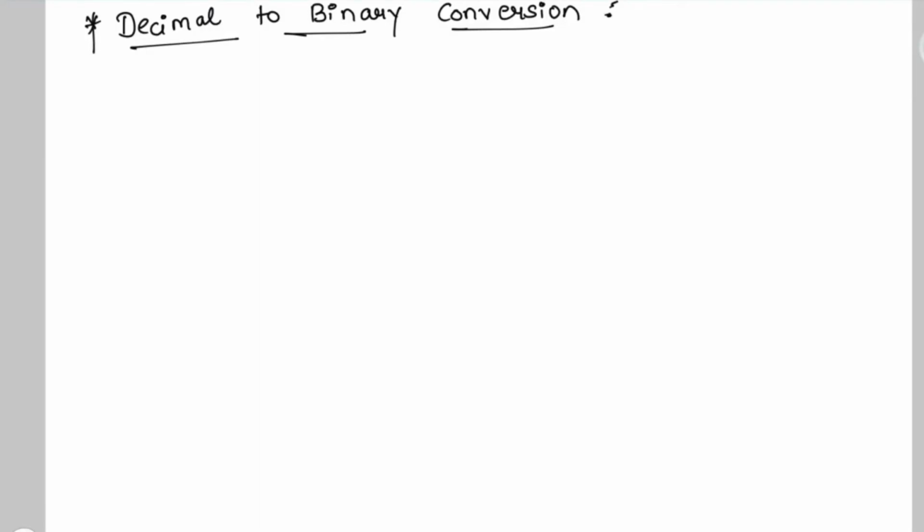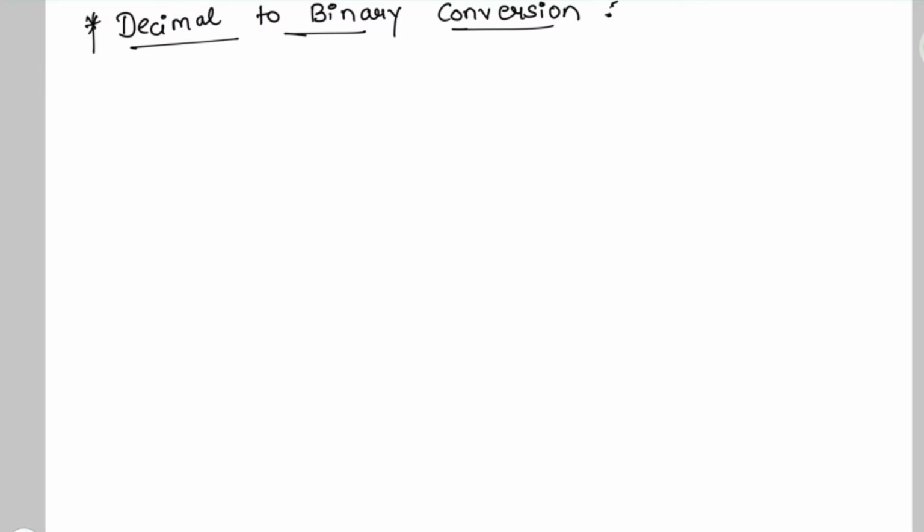Hello all, welcome to Technostic in the series of digital fundamentals as we are looking into logic function realizations with MSI circuits. Previously we saw the common number systems used in the digital electronics platform. Today we are going to see how to convert one number system into another one.